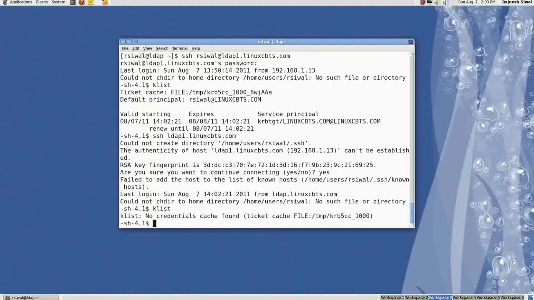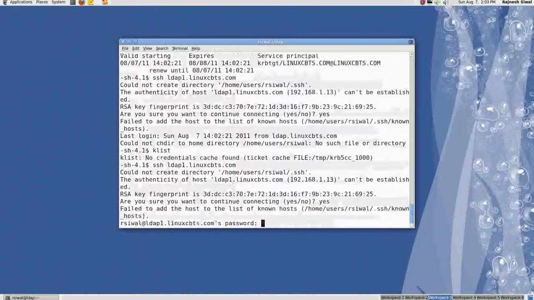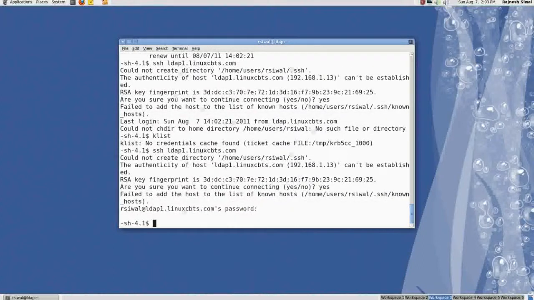So if I again type the same thing, it is now asking me for the password because these credentials have not been passed on to the next session. Let's see how we pass them.